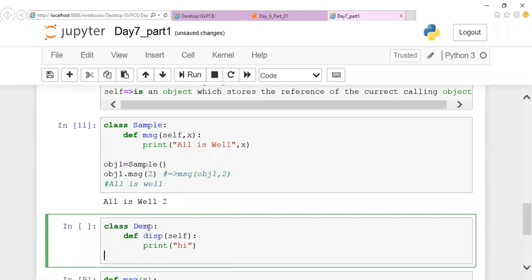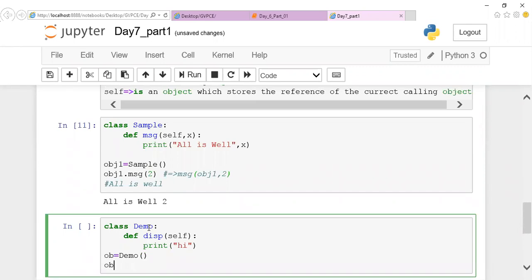What you're supposed to do is create an object for this class and invoke the methods of the class by using this object. If you call the method of a class like this, internally the function is called like this with ob. So this ob is a parameter which is passed to your display. This is the first parameter which is passed internally, so it should be received by a variable name.